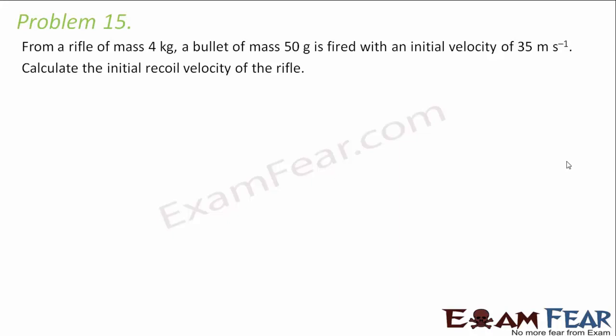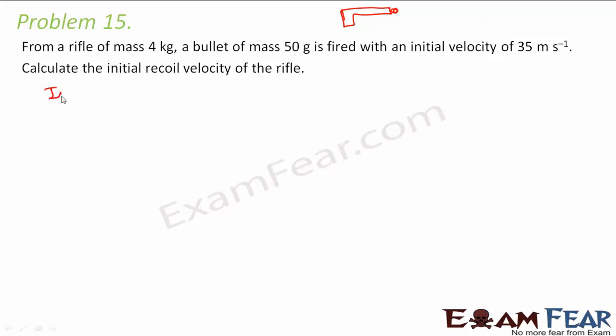Calculate the initial recoil velocity of the rifle. I was talking about this bullet and rifle example while talking about conservation of momentum, right? So what happens in this case? Initially, let us suppose this is your rifle and this is the bullet. Initially both the rifle and the bullet are at rest. But in this problem it says that the bullet is moving with a velocity of 35 meter per second. So as soon as you pull the trigger, the velocity with which the bullet moves is 35 meter per second,